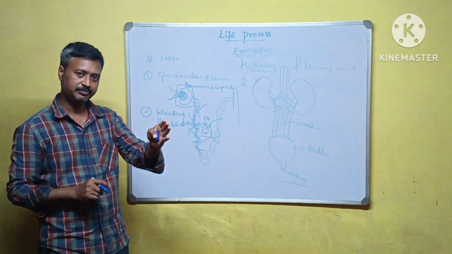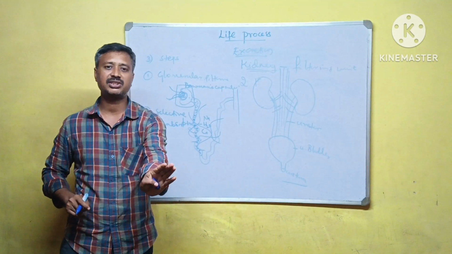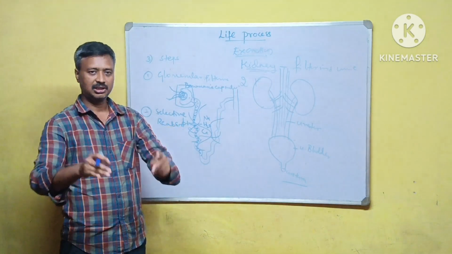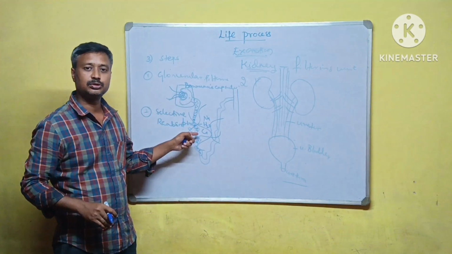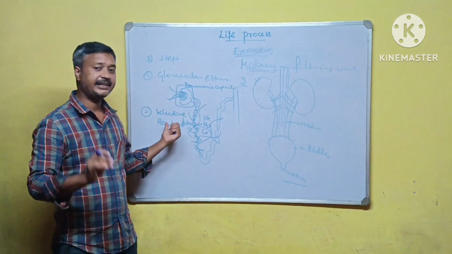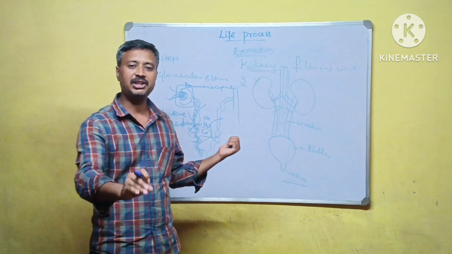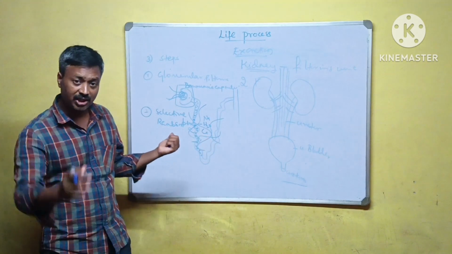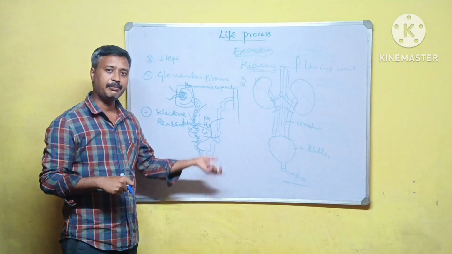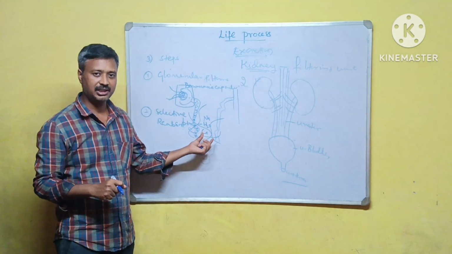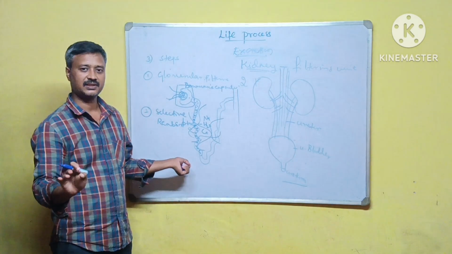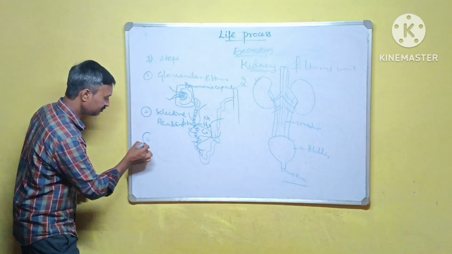In the first step, all the blood rushes into the Bowman's capsule and gets filtered. The filtrate moves into the tube. In the second step, selective reabsorption: whichever material is needed is reabsorbed by the body through the blood capillaries from the filtrate. That's it. The third step is